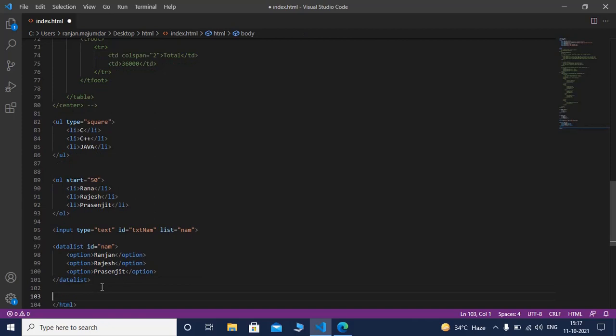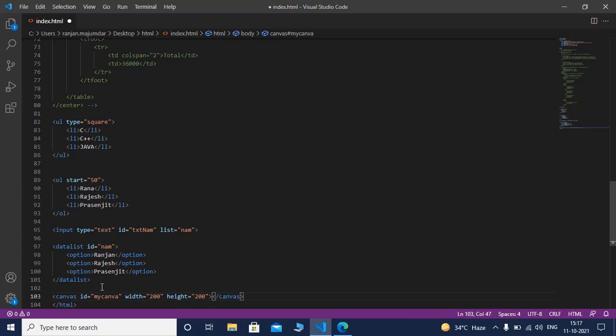The next tag is the canvas tag. In case of the canvas tag, I am using ID myCanvas, width equals to 200, height equals to 200.